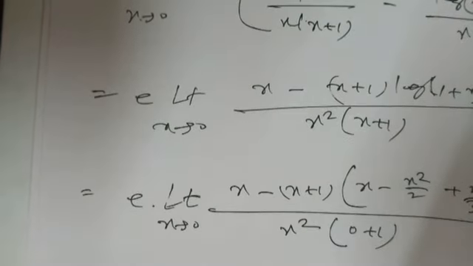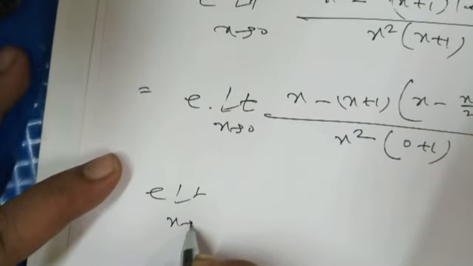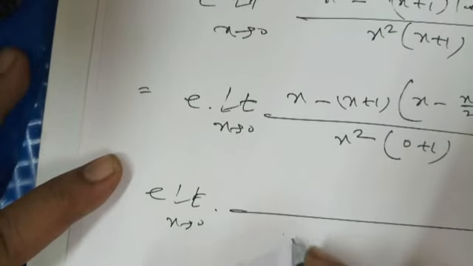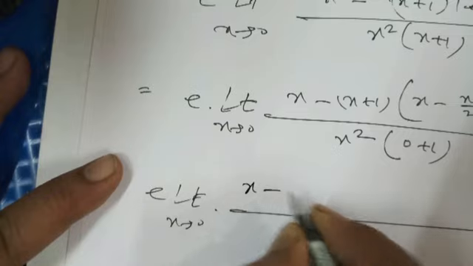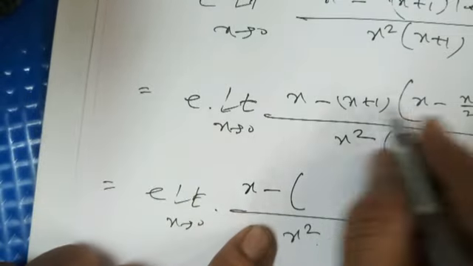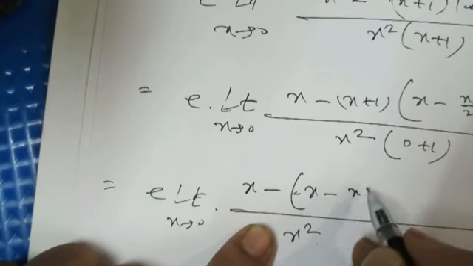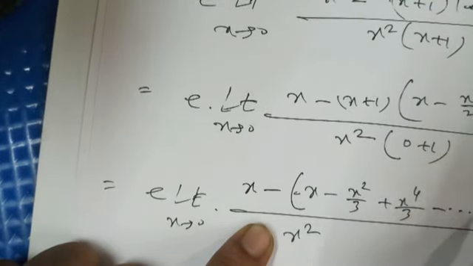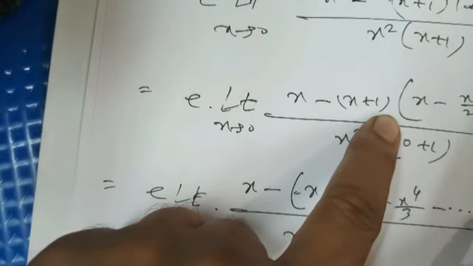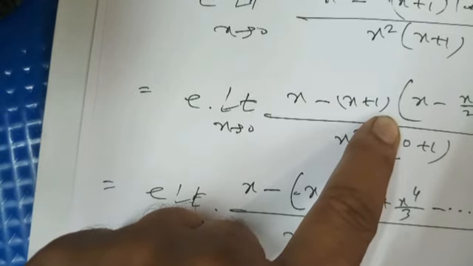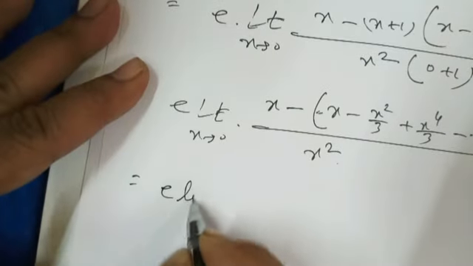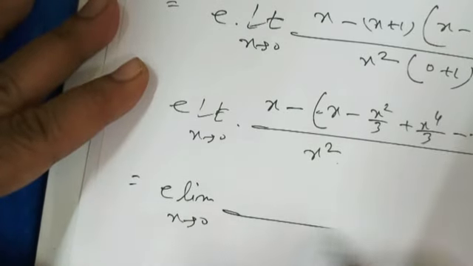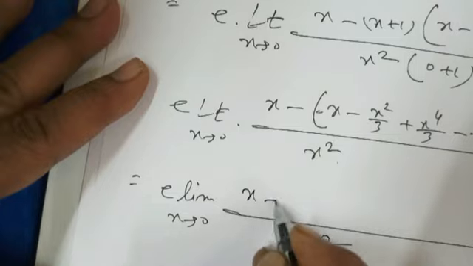Okay, and this is e limit x tends to 0 x square, and this is x minus, when multiplied by x here, then this is x minus x square by 3 plus x to the power 4 by 3 minus dot dot, and when multiplied by 1, this is x minus x square by 2 plus x cube by 3 and minus dot dot, and after simplification this is limit x tends to 0, x square x minus,